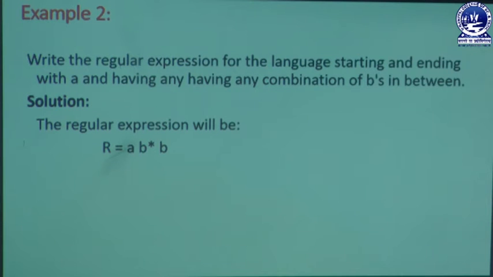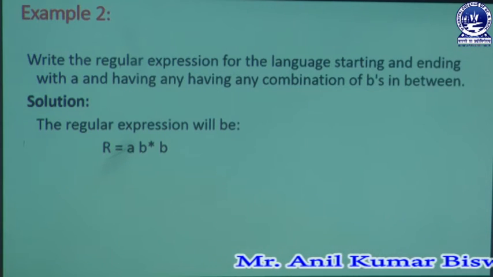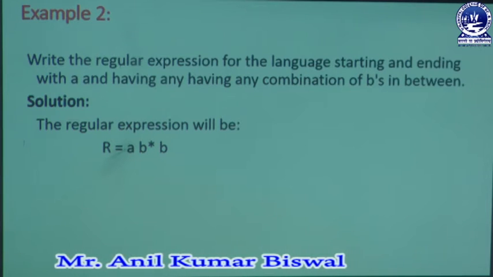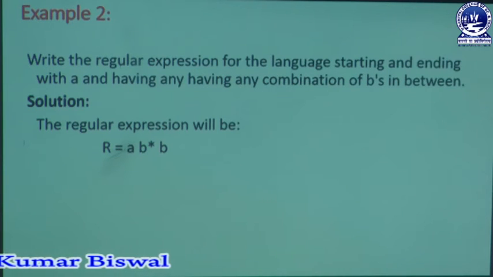That means if a user wants an output, they can get a, b, b, triple b, then end with a. In between we can have more than one b, but we never have more than one a, because that is the result the question wants. Whenever a user gets this kind of question, at the time of explanation the user must apply more than one concept. Without those concepts the user will never get the right regular expression.